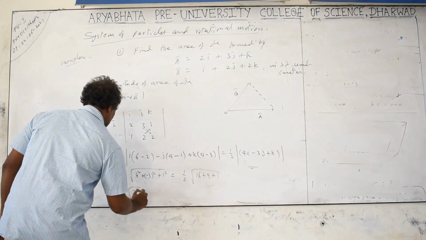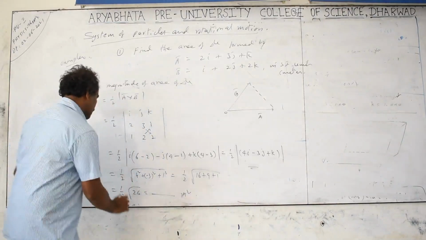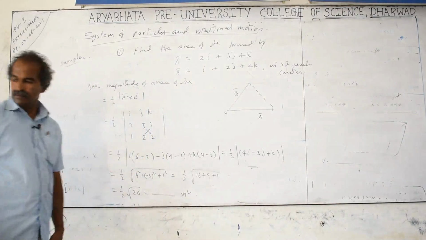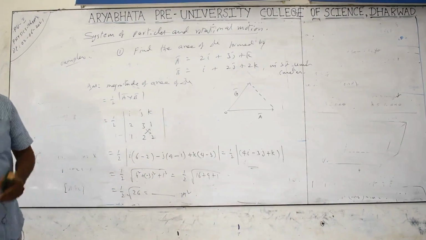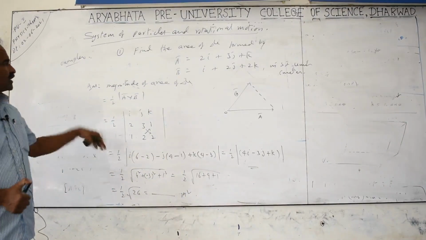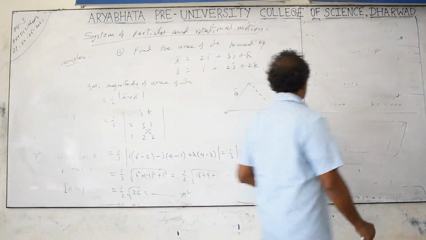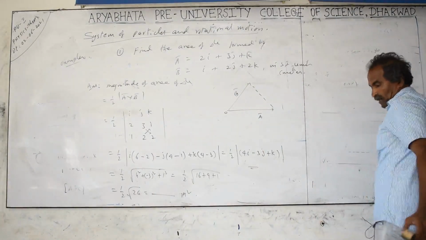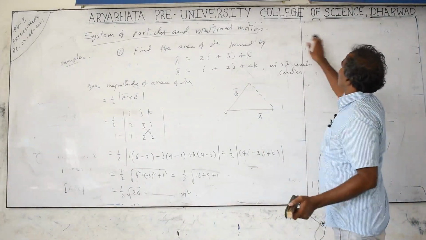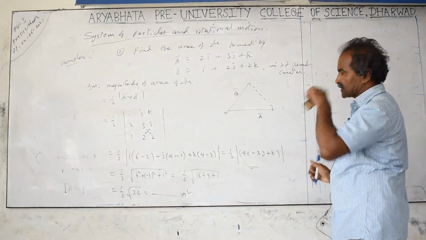Half under root 26. This one you calculate, in meters square. I am leaving that part to you. Instead of giving it like this, they may give it in the same way. You have to calculate the area of the parallelogram and volumes also. The dot product you have to take for the volume of the parallelepiped. I am not giving you that now. While we are working out the competitive exams classes, that time we will discuss it.